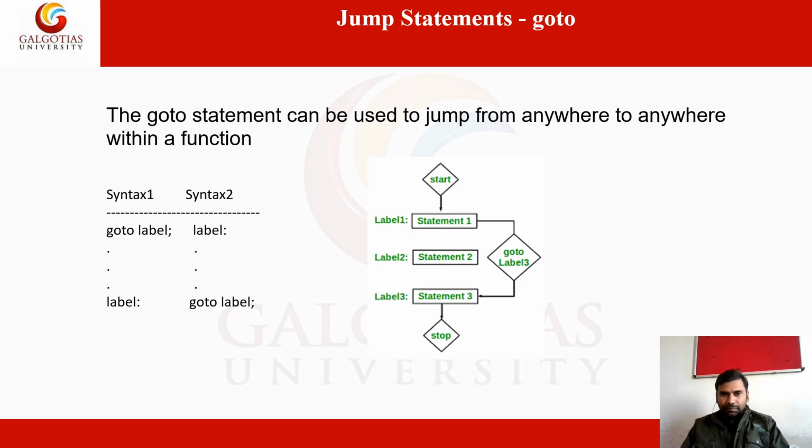See the syntax: goto label, and label. There are two syntaxes available. Either we can put the label after the code, after the goto statement, or before the goto statement. So it is like a loop. The label can be at the starting point or the ending point. According to the label statement, we give the label, so we can decide which label we want to transfer the control to.